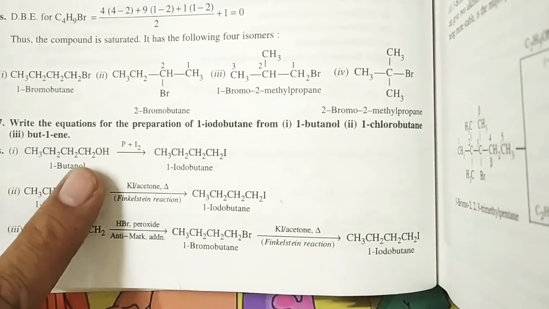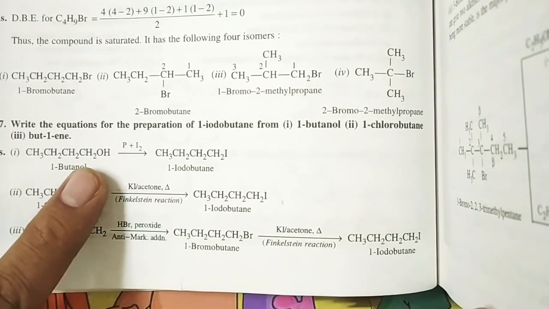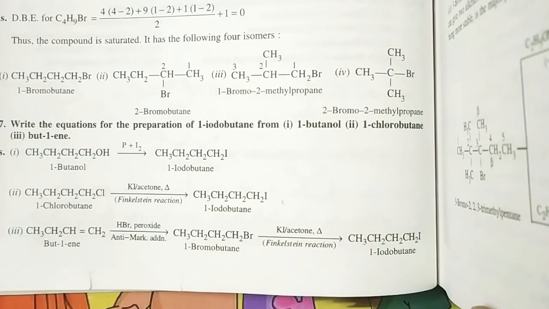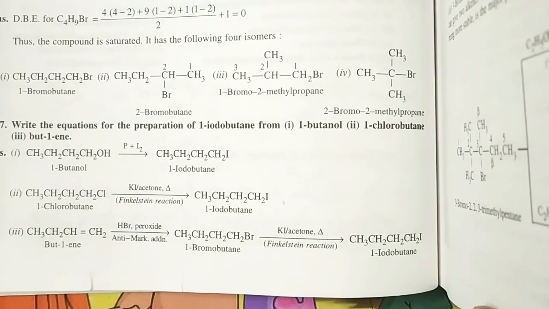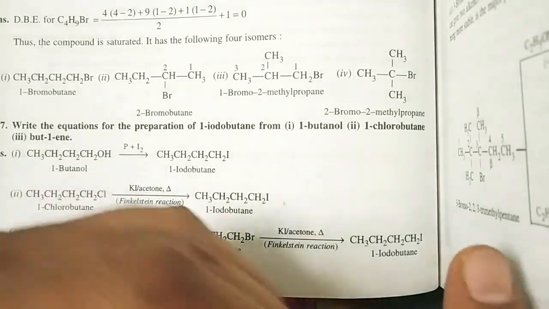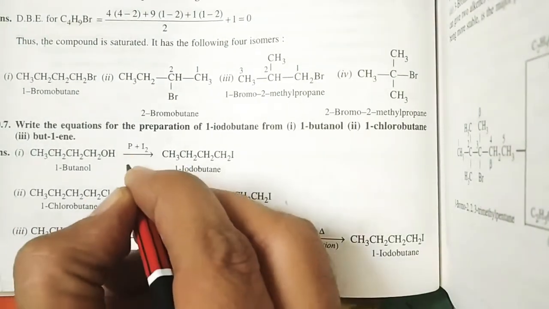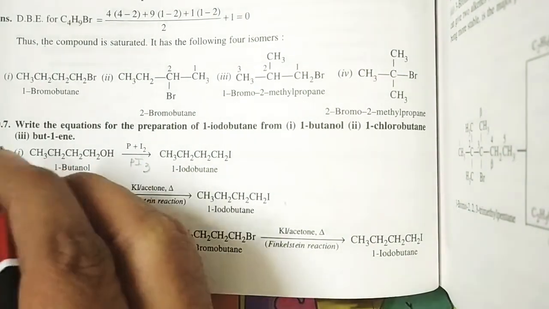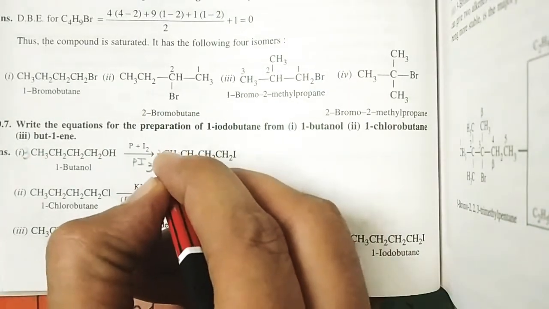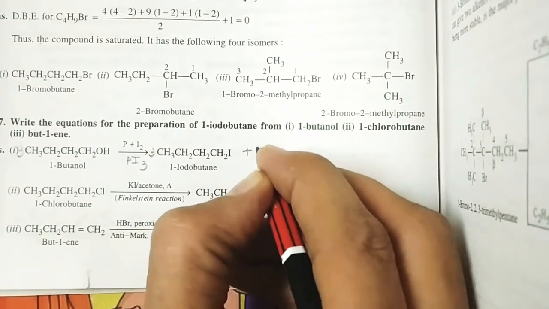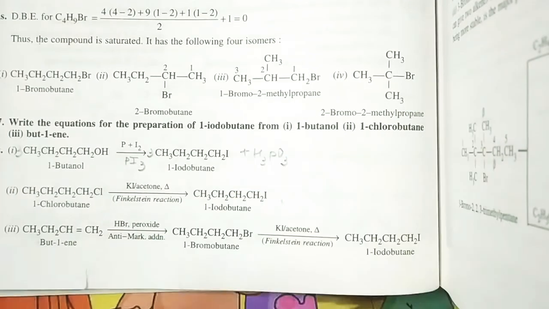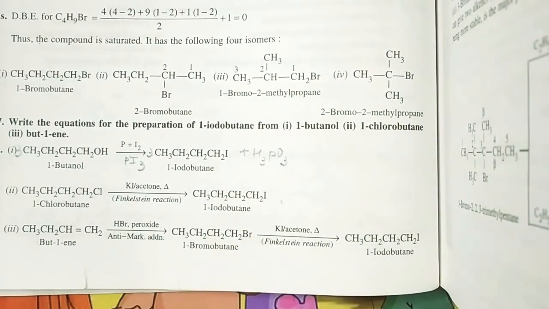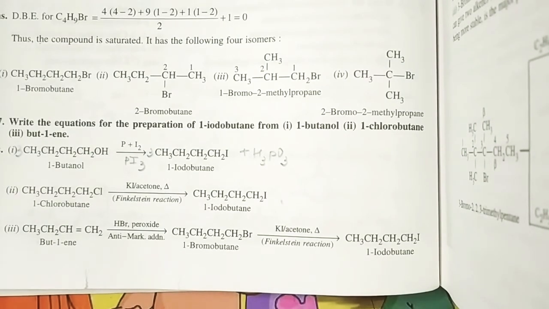We know that there are various processes to form iodide from alcohol that we discuss in our preparation of halides, and the first process is from alcohol. So we first take CH3CH2CH2CH2OH. It reacts with P and I2. We know that P and I2 are converted into PI3, and now this PI3 reacts with 3 moles of butanol. It's converted into 3 moles of 1-iodobutane plus what? H3PO3. This is the equation, right? We have already studied this in our preparations portion.